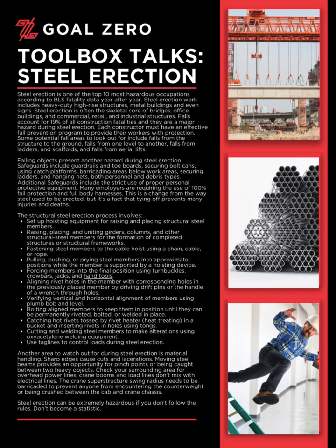The structural steel erection process involves: setting up hoisting equipment for raising and placing structural steel members, raising, placing, and uniting girders, columns, and other structural steel members for the formation of completed structures or structural frameworks, fastening steel members to the cable hoist using a chain, cable, or rope, pulling, pushing, or prying steel members into approximate positions while the member is supported by a hoisting device,